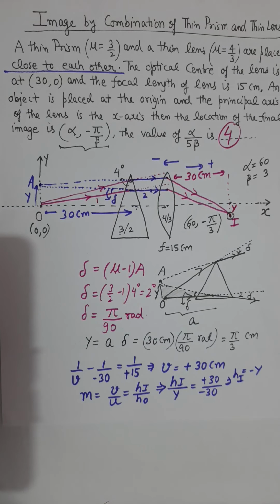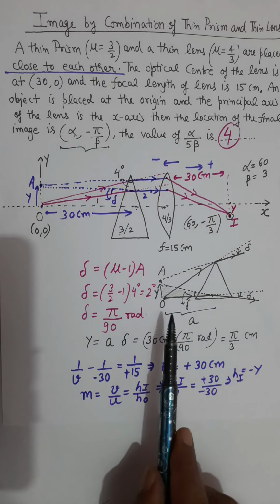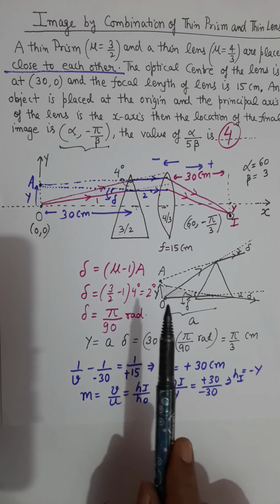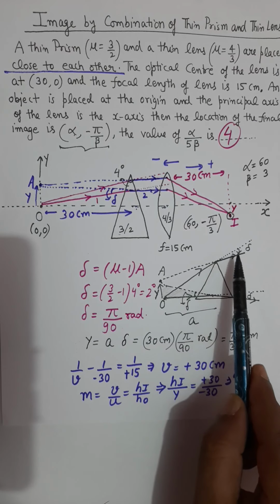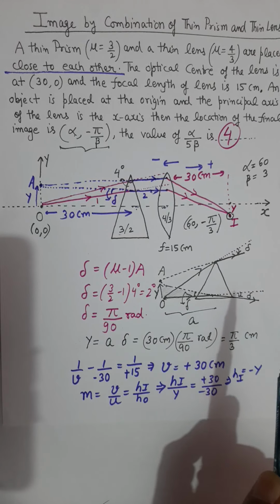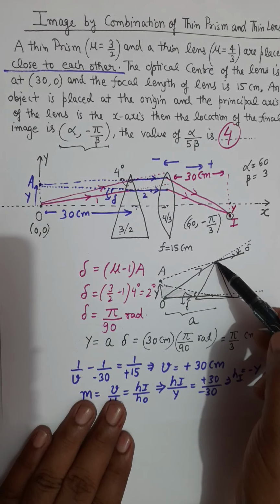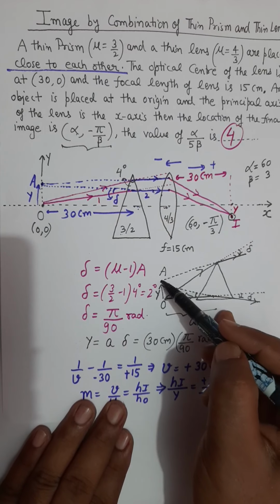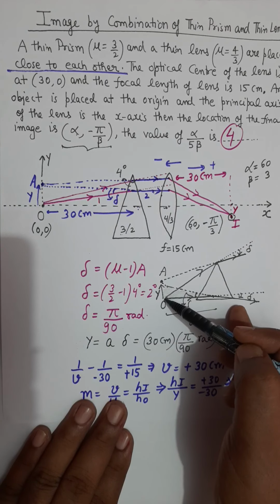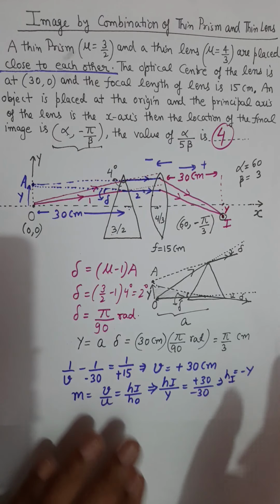So this was the whole method for solving the image formation. I strongly recommend that you draw this diagram using protractor, pencil and compass, so that you can turn the rays by 2-degree angle, 3-degree angle, and then you can convince yourself that yes, after deviation by this prism, the deviated rays will intersect at a point which will be very close to the object O and at a very small height. So this was the main concept.